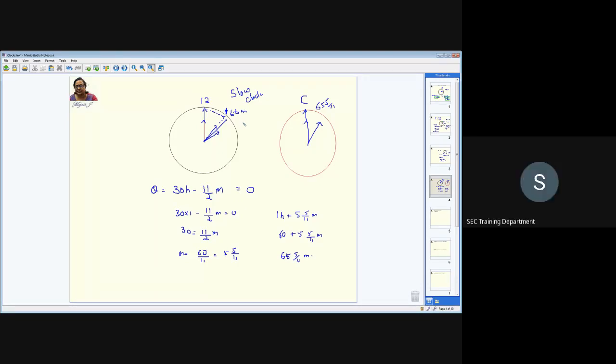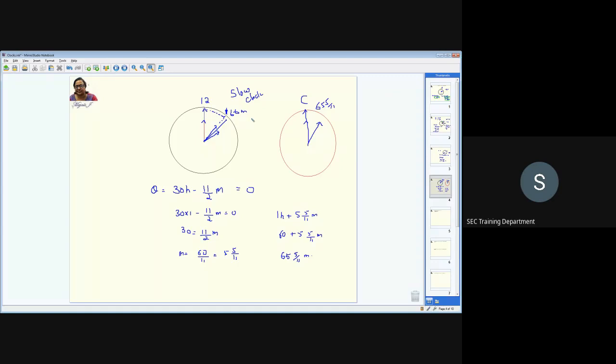They coincide every 65 minutes, and then they will ask you for the actual time when it is set, and after 6 hours, what will be the time shown in the wrong one. You have to see how much it is lagging, and multiply that into this timing to get the answer. Is that clear? Clocks are again the same thing like I said about simple interest and compound interest. Sometimes the questions will be twisted, but in the majority of cases in clocks they will ask very simple problems.